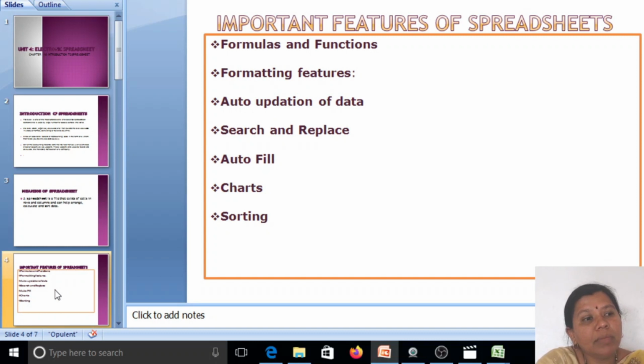Formulas are mathematical expressions that are mainly used to perform simple as well as complex calculations. Functions are built-in formulas which are used to calculate percentage, interest, average, etc. in MS Excel.